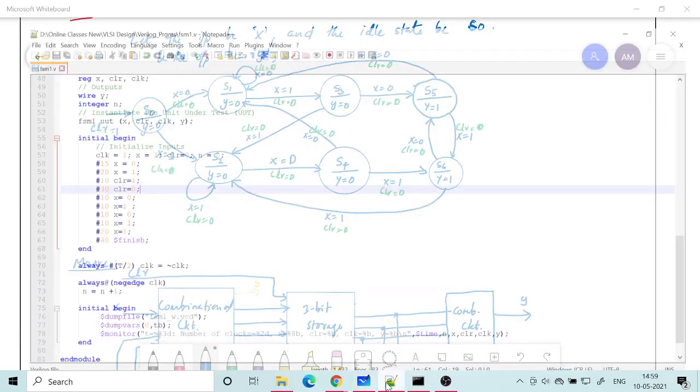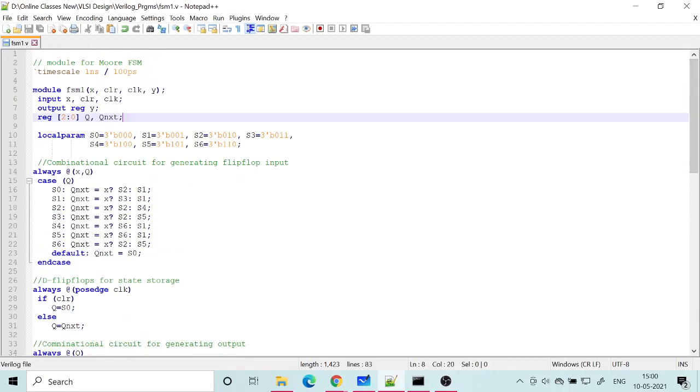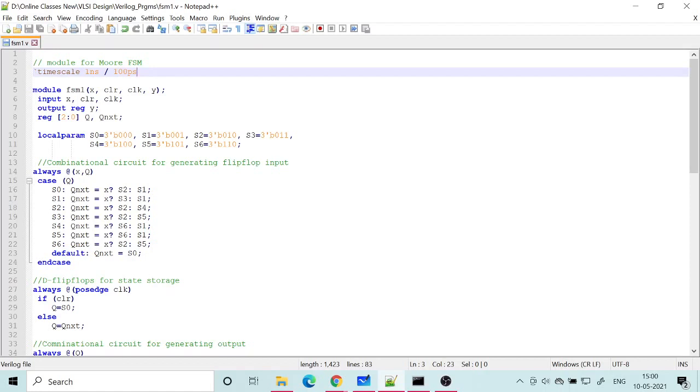So I have here the Verilog code. Okay, so just like earlier, you are already familiar with many of these things. Timescale is to give the unit. I am giving 1 nanosecond, resolution 100 picoseconds. Then this is my module name, FSM1.